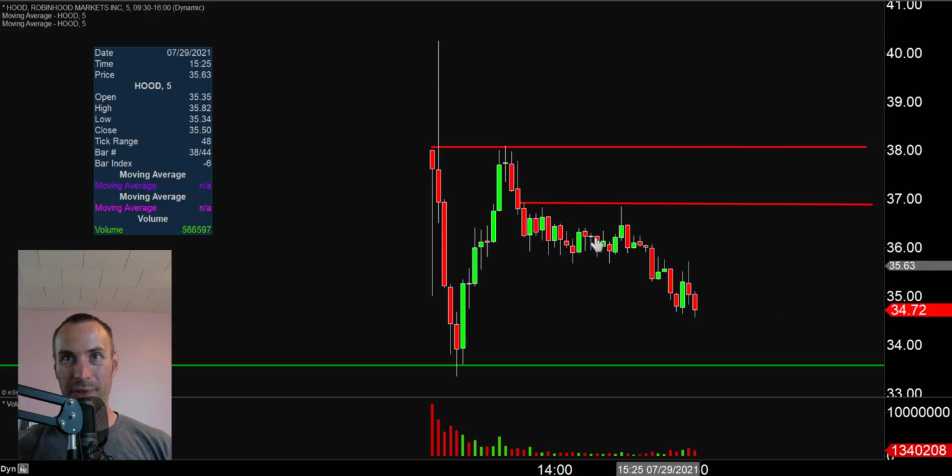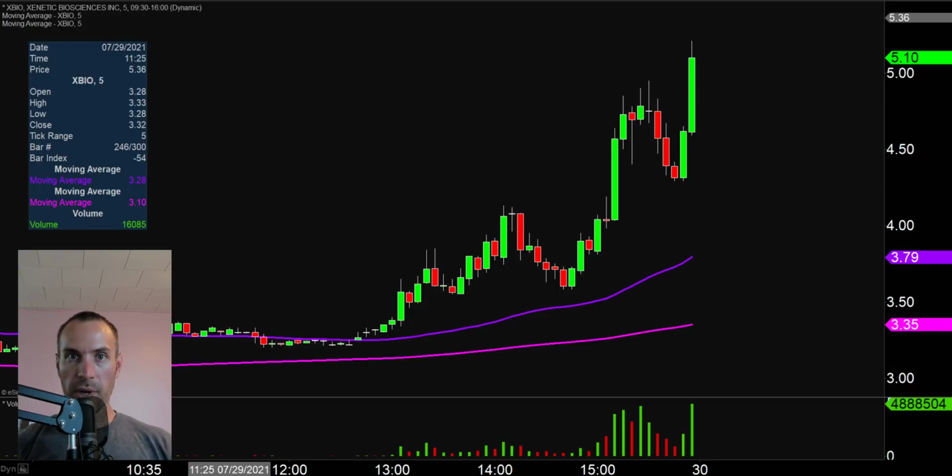But as right now, definitely quite a bit of selling pressure has showed up. So I don't think anybody would be surprised if it gets down to 33.50, which just brings up that big question. Can it hold and produce a bounce, or is it going to break down through and then create that much more chaos? Next one here, ticker symbol XBIO, and wow, what a crazy final 5 minutes we're